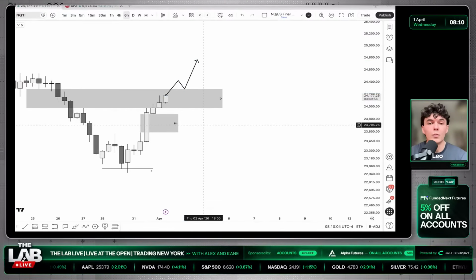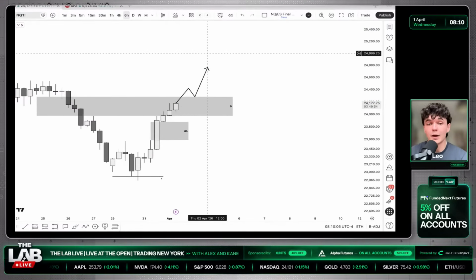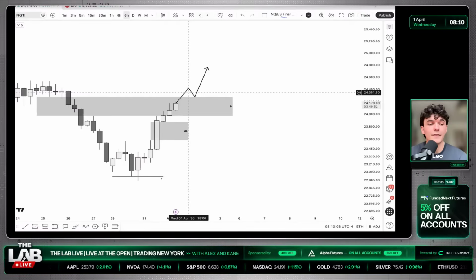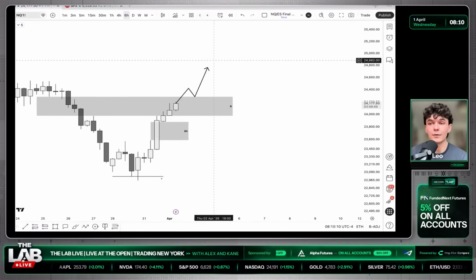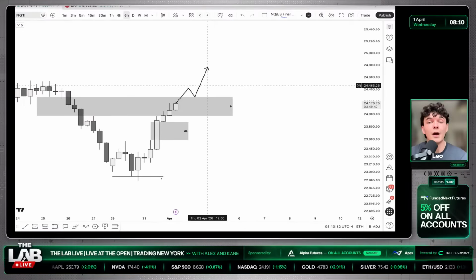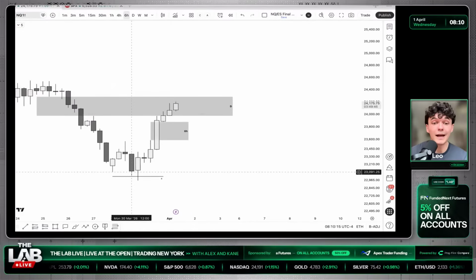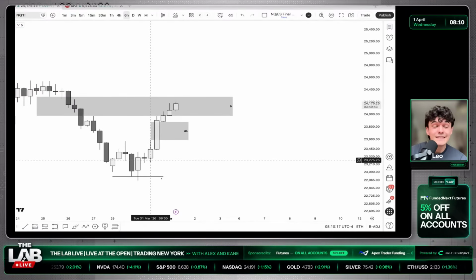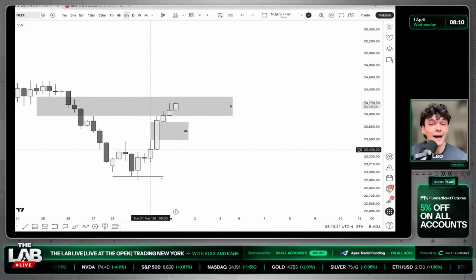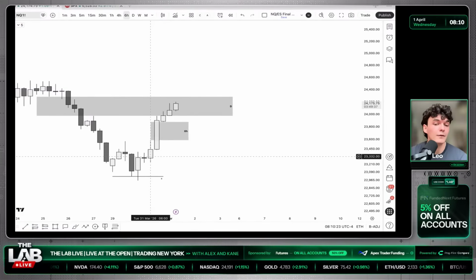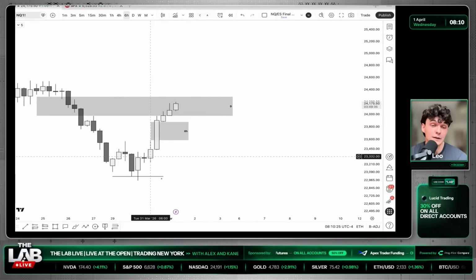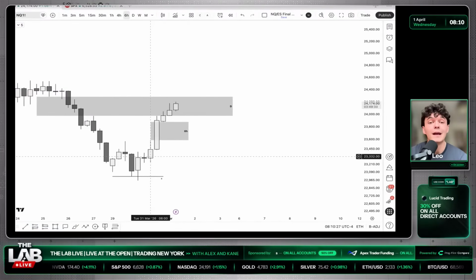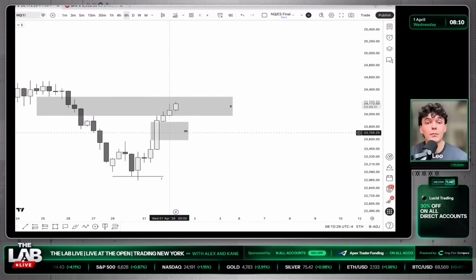So here, what I would want to see is either continued higher prices. So we break above this daily fair value gap and price continues to expand during this candle 3 session higher. If not, what I would want to see is because, as we can tell, since the 6 o'clock candle yesterday, we have not had a single bearish candle yet. We've had 5 consecutive bullish candles since the 6 a.m. 6-hour candle yesterday. And so for me personally, market needs a breather period or a retracement.